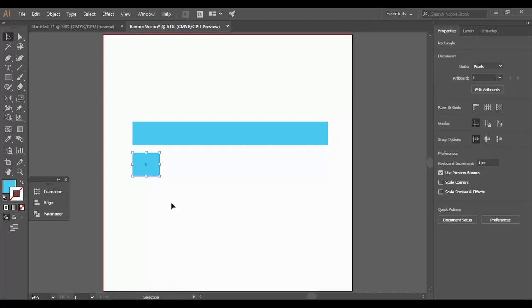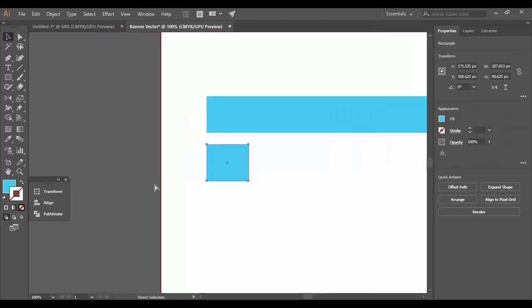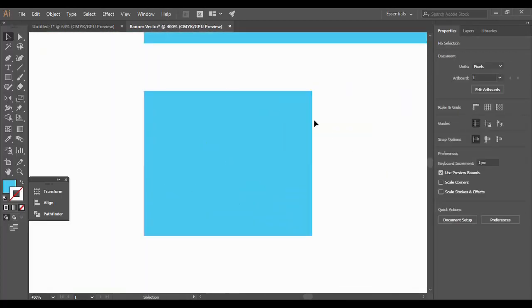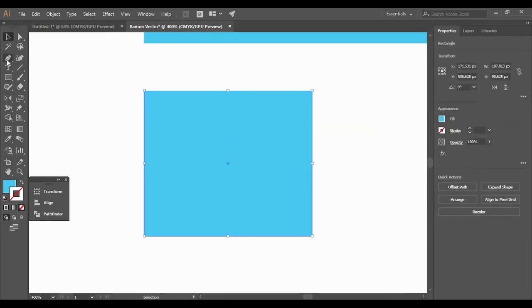Then drag this newly formed rectangle to the bottom like this and decrease it in width to around this much. Once you have got it, you can zoom in so that you can get a better view of this particular shape. Then go to your Pen tool, right click over the small arrow and here you will find the Add Anchor Point tool. Just click on it and drag this Add Anchor Point tool